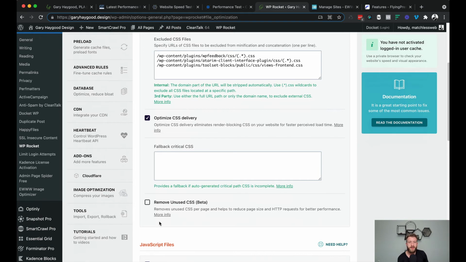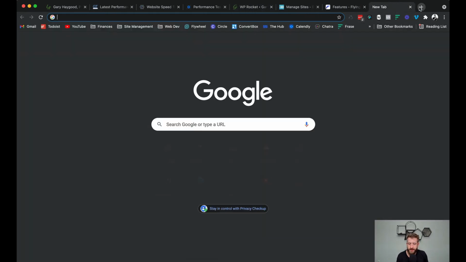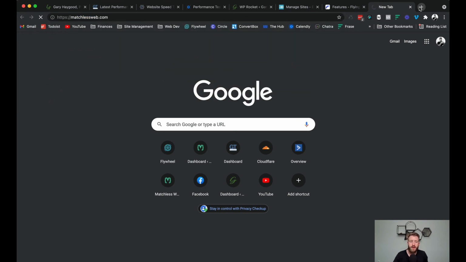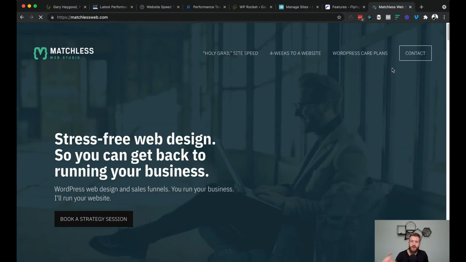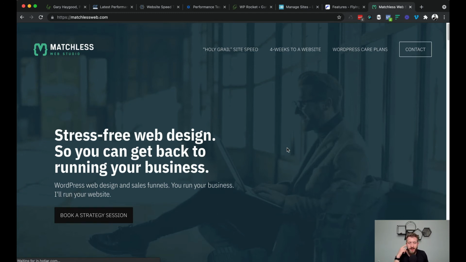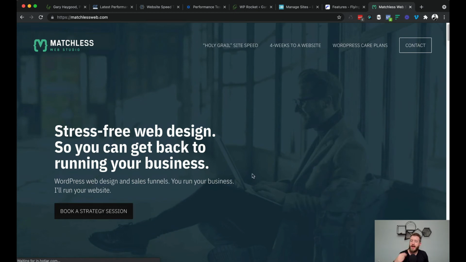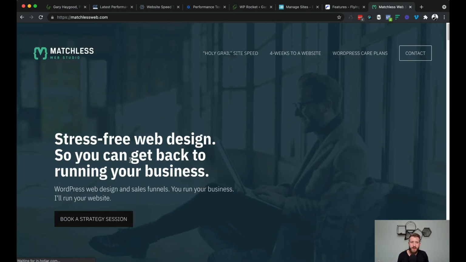When I first toggled it on to try it for me on my Matchless website, the header, so this is a GeneratePress header. It's not a block header. It's one of the older headers I haven't actually converted into a GenerateBlocks header. But some of the text got wonky there. So what I would need to do if I want to try to use that feature, I've got to go in and see maybe what are the CSS files that I need to actually put into the